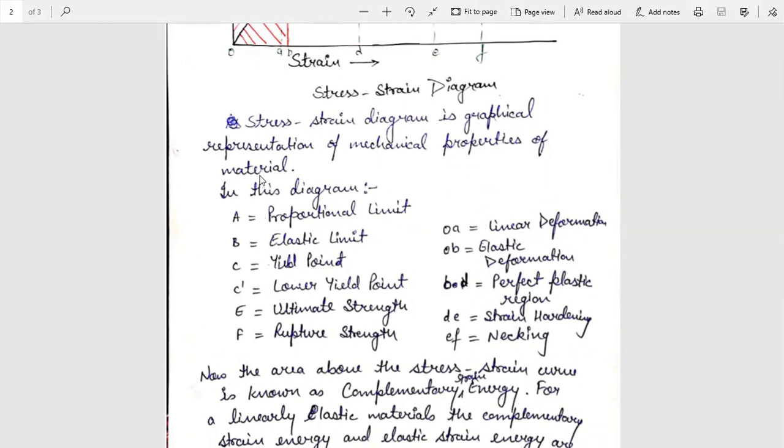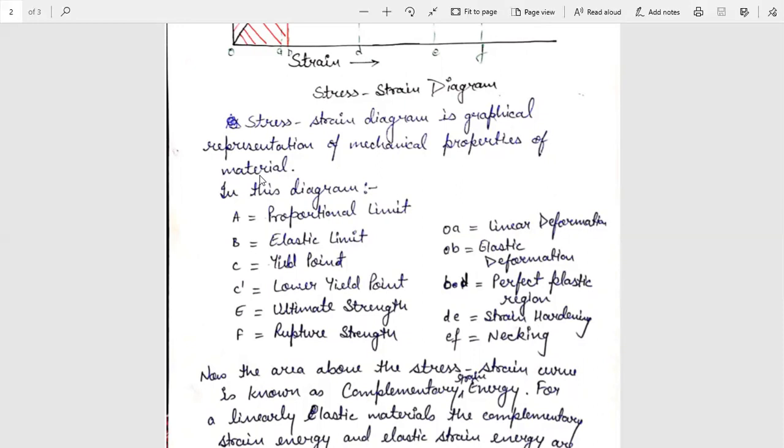Region AB is a non-linear region in which stress is not proportional to strain and the elongation increases more rapidly. However, up to point B, the removal of load would result in complete recovery by the specimen of its original dimension. If the load is increased further,